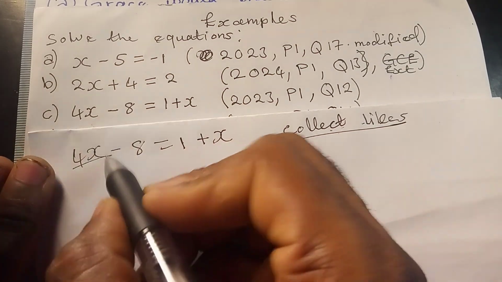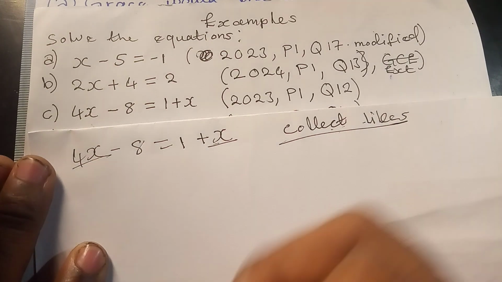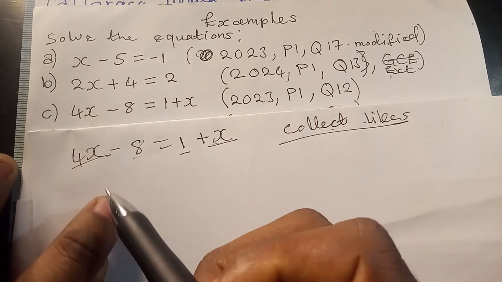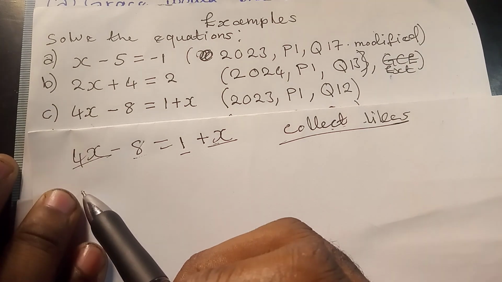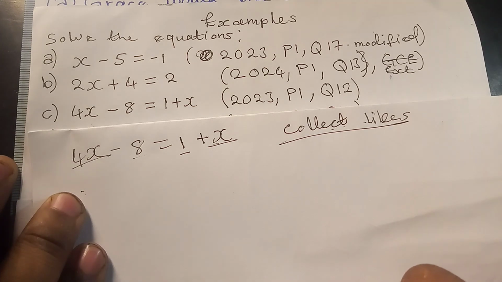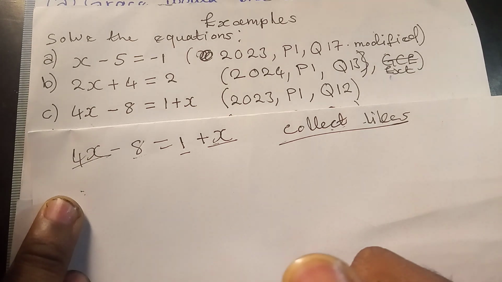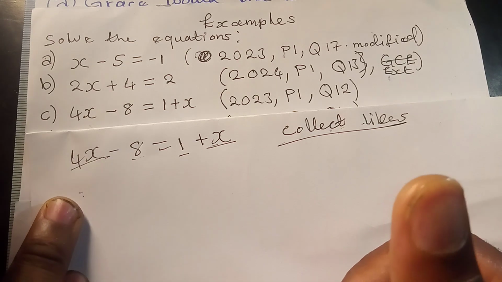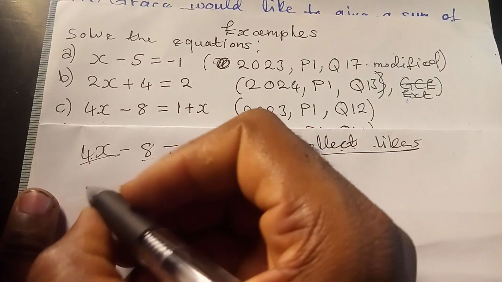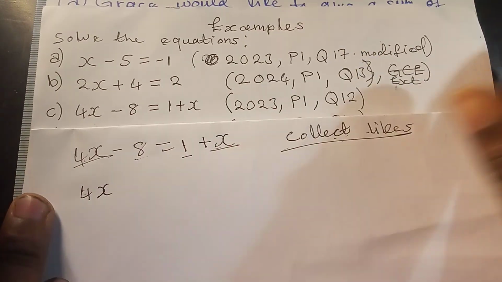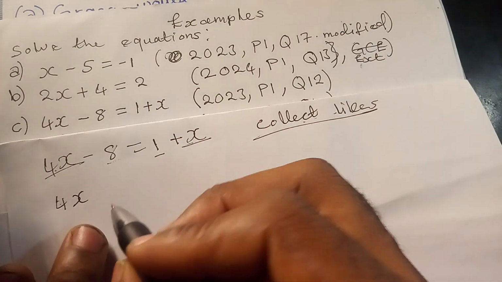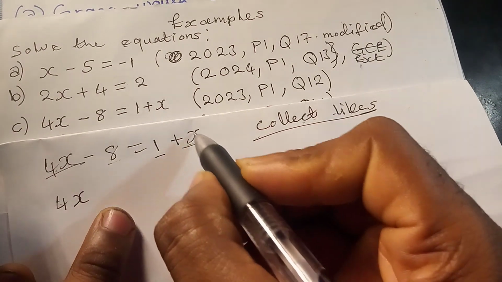So we have this and this as like terms, and then we also have this and this. So you can choose whether to have x terms on your left hand side or constant terms on your left hand side. Just make sure that whatever choice you make will make your work easier. So for me, I think leaving the 4x here will be much easier for me. I'll use both methods just to show you what I mean. And then I'll bring this x this